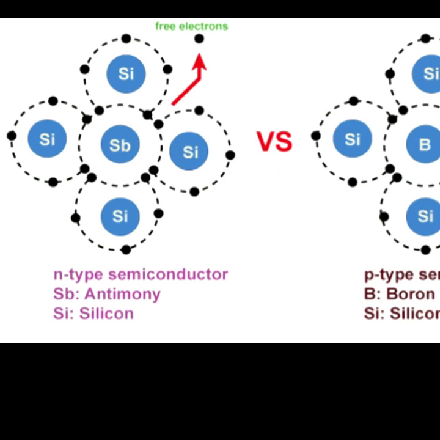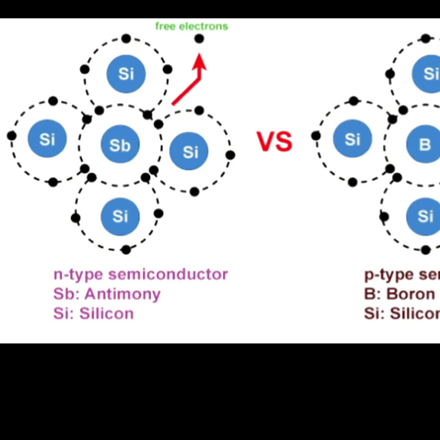It has to be converted into an extrinsic semiconductor with the help of a dopant, a doping material, or an impurity. The impurity can be a trivalent atom-based element or a pentavalent atom-based element. A trivalent atom would be like boron or, say, indium, and pentavalent would be phosphorus, arsenic, antimony, and so forth. In a trivalent atom there are three electrons in the outermost shell, and when it is combined with the silicon